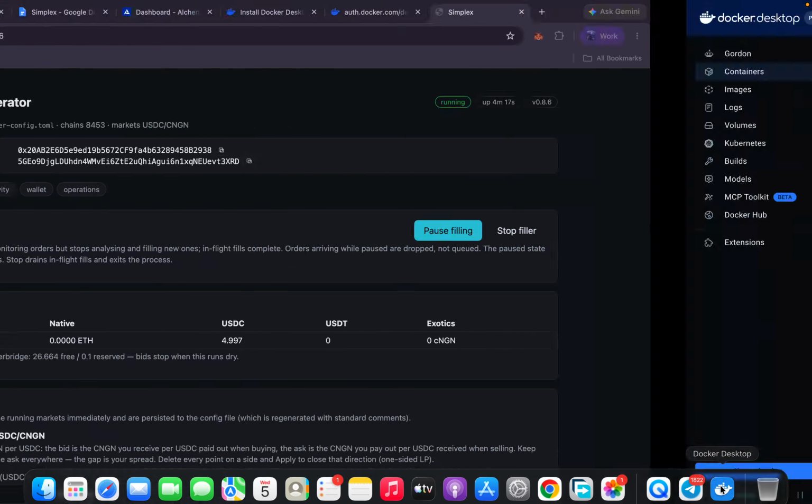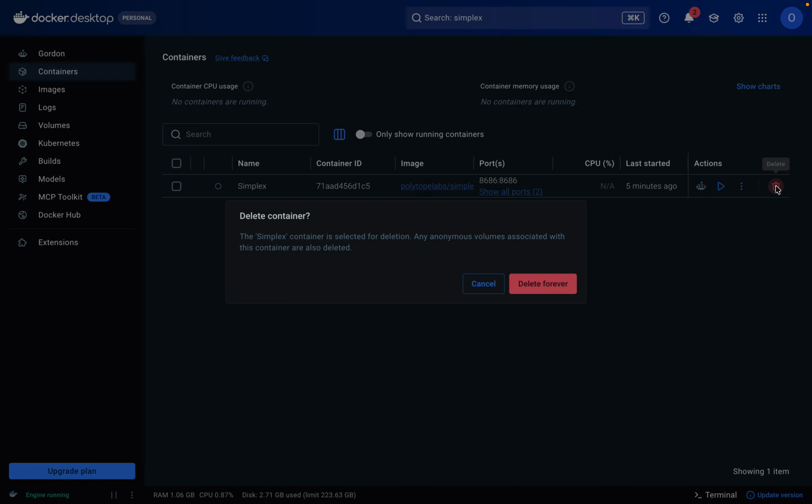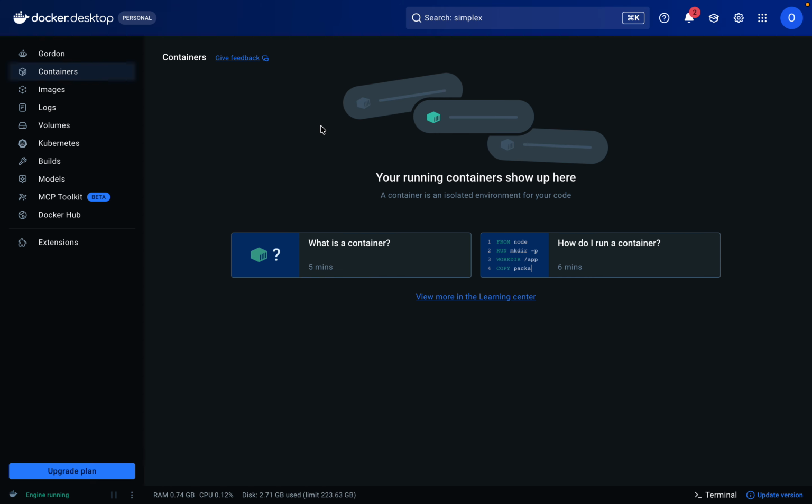What do we do? First, we stop our container. We can as well just delete it without stopping, but yeah, we stop it, then we delete it. It's safe to do that. And why is it safe to do that? Because we are running